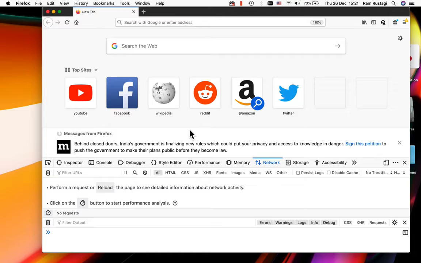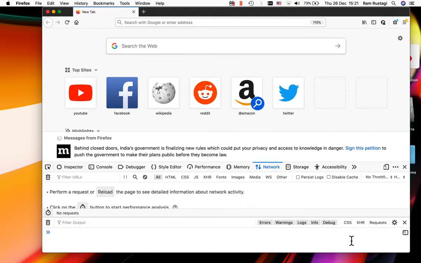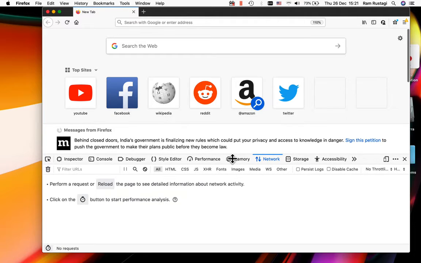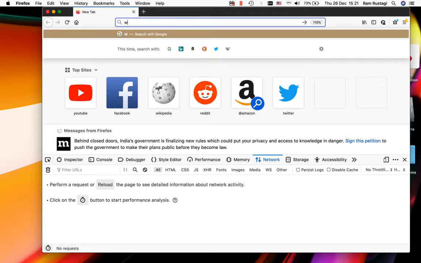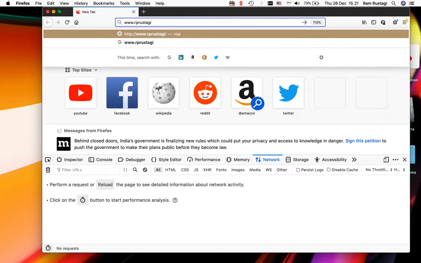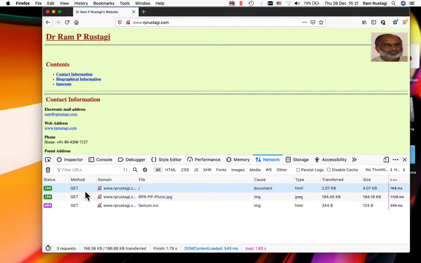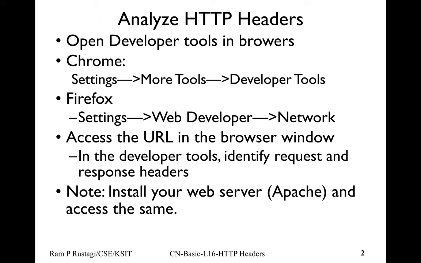You see the screen gets split. In the bottom part of the screen, this is what you'll see, the activity there. This we can probably close. And in the upper part, what you'll see is the actual web content. So if I access rpsecurity.com, you'll see a page coming up there and you see the actual request that happens, and that is what we'll use to study